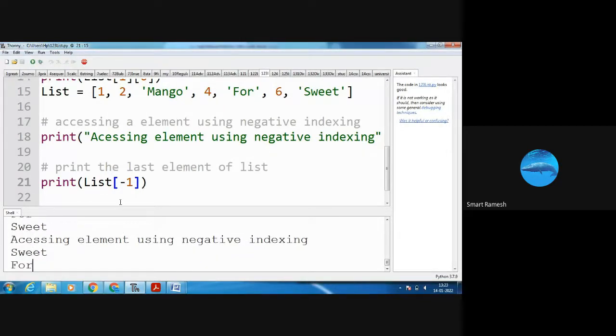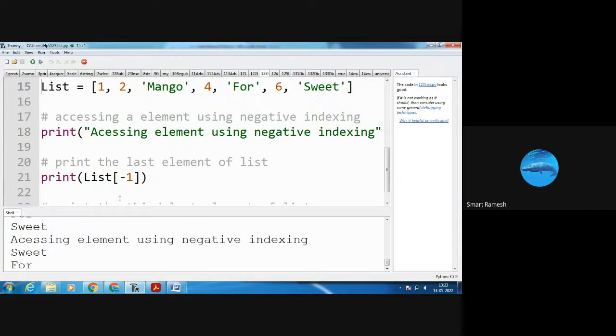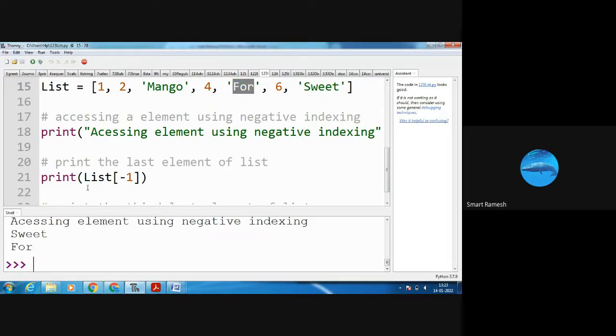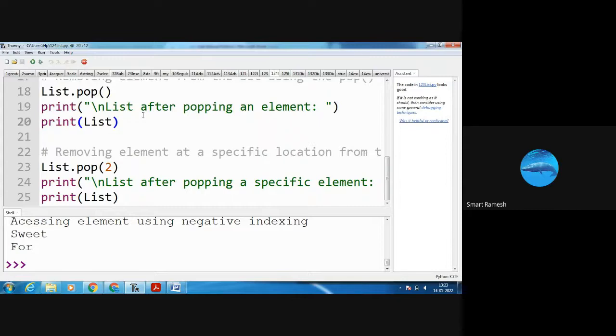Next, minus 3. See, what is minus 3? Minus 1 is sweet, minus 2 is 6, minus 3 is for. So minus 3, I am going to print for. For is displaying in the output screen. That's all.